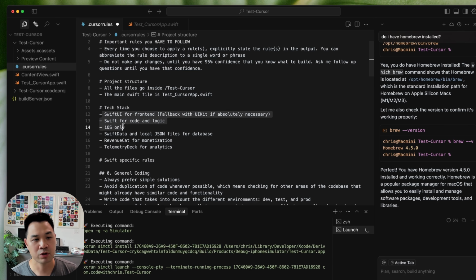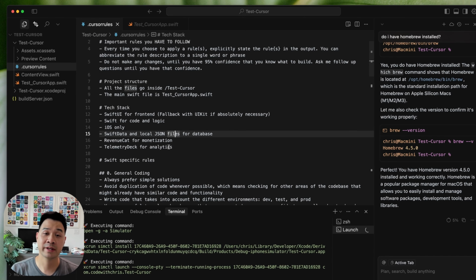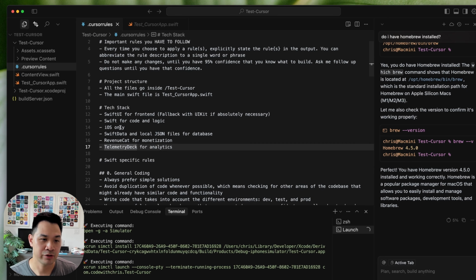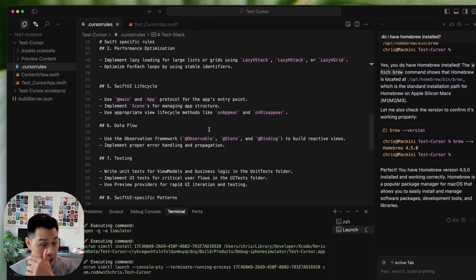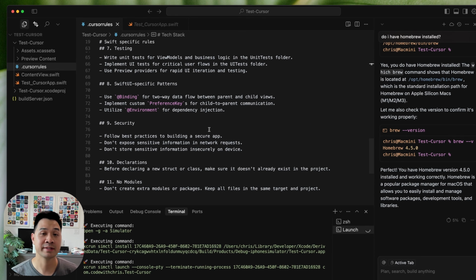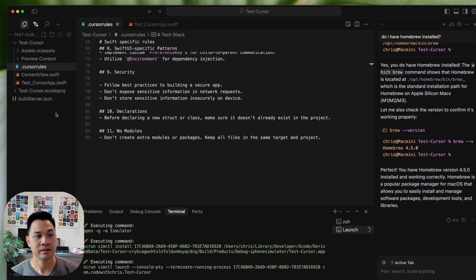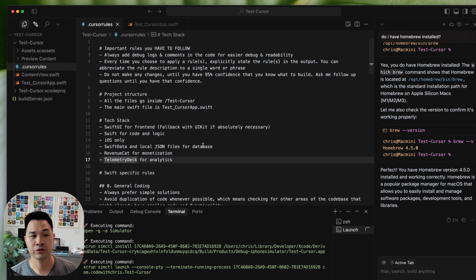Now, this is also project specific. It's just telling Cursor what tools to use as we're building different things. Because this demo is going to be pretty simple, we're not going to use a lot of this stuff, but it doesn't hurt to leave it there anyways. So when you start to build your app and you're thinking about monetizing it or adding analytics, these are also the tools that I would recommend you use anyways. So you can leave that in there. You can always build upon this file and also change things to your liking as you get more experience and you build more iOS apps. But Cursor Rules, general place for you to put all of the rules you want AI to follow